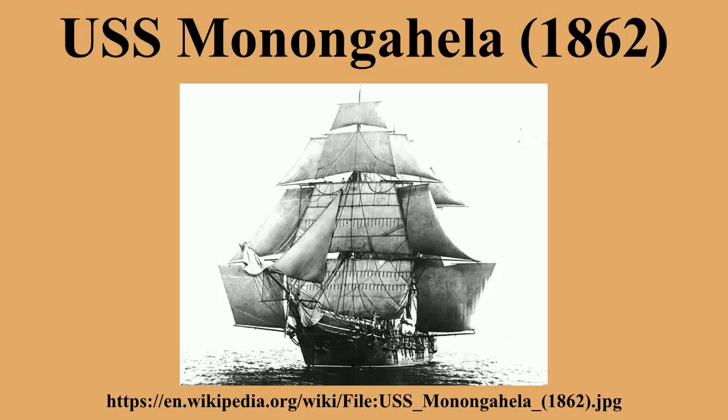Civil War service. Assigned to bombardment duty. Initially assigned to the North Atlantic Squadron, Monongahela sailed instead to reinforce Rear Admiral David G. Farragut's West Gulf blockading squadron off Mobile, Alabama, remaining on duty off that port until ordered to attempt to run past Confederate batteries on the Mississippi River at Port Hudson, Louisiana on the night of March 14,